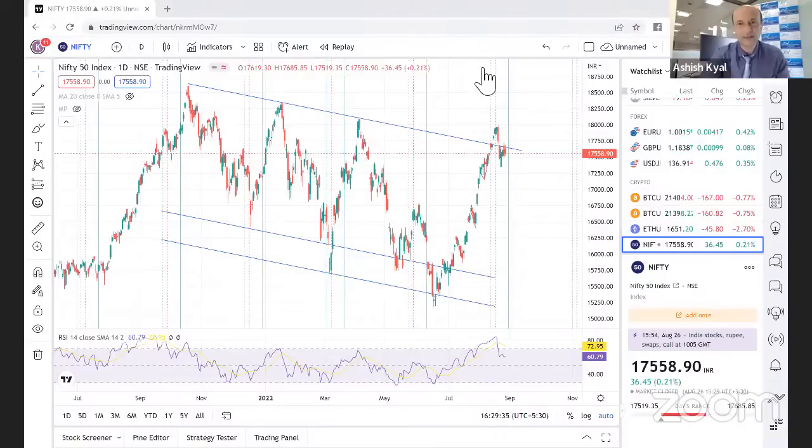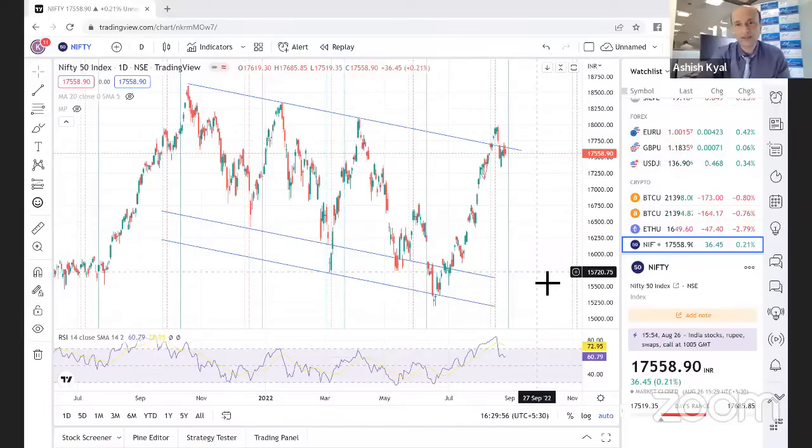Which legs of the triangle are tradable as per NeoWave? If you hear Glenn Neely, he has mentioned you cannot trade triangle patterns. The only thing you can trade is post the breakout of the triangle. You can't trade a triangle pattern because you will get caught on the wrong side. You can't really make money.